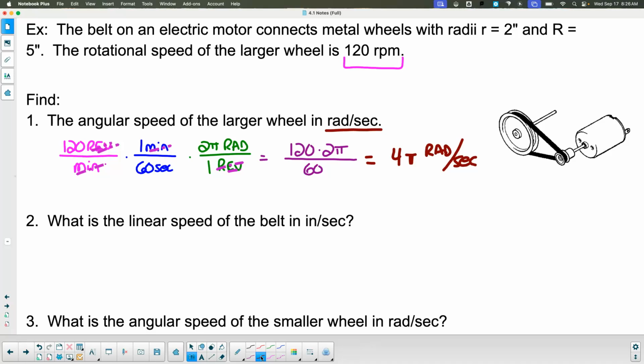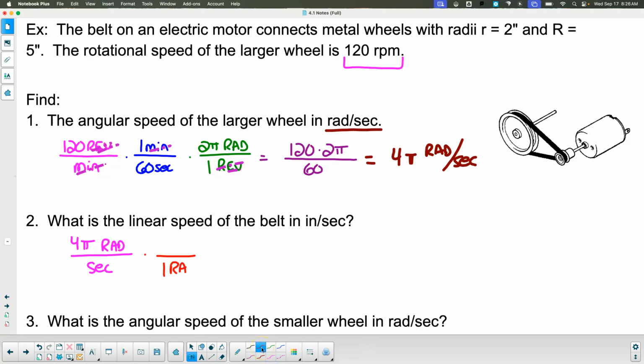What is the linear speed of the belt in inches per second? Well, we're already going 4 pi radians per second on the big wheel. Yes? Okay. What is the radius of the big wheel? Of the big wheel? 5 inches, right? 5 is bigger than 2. Okay, so the big radius would be 5. Okay, so then that's going to be